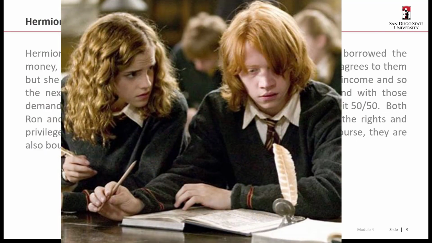Hermione understands Ron's position and sees how if she simply borrowed the money, the terms of the loan would be similar to Ron's terms, and so she agrees to them. But she counters by demanding that the business is her only form of income, and so the next $100,000 of income gets allocated to her. Ron agrees, and with those demands out of the way, the rest of the income and the costs are going